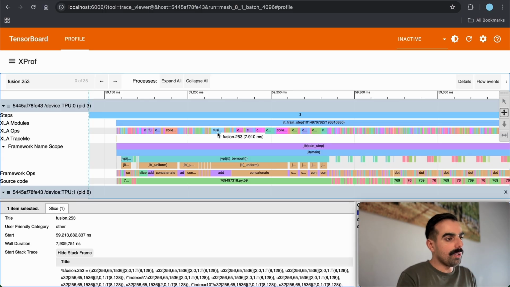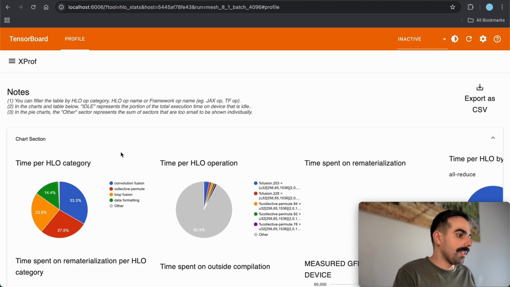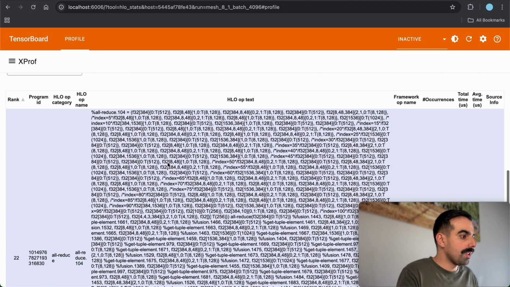If I had to redo this again, I wouldn't go to 4096 batch size. I would choose something between 1024 and 512. So I think that's suitable for this hardware setup because the all reduce operation is basically the same for both batch sizes. So if you go to HLO Op Stats or just search for reduce, so this is all reduce 104